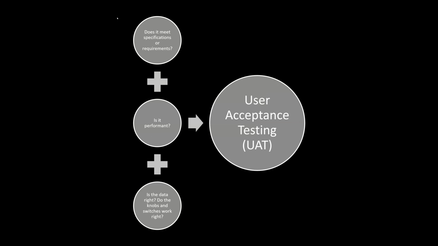Is it performant? So do data extracts refresh in an acceptable time? When you apply filters, does the page reload really quickly, and all that sort of thing? And it's also about validation. So is the data right? Are all the functions, all the filters, when you click on a bar and it's supposed to filter some other table, does all of that work? It's basically all about, does the thing that we built work? And that's, again, what we had done in the past.